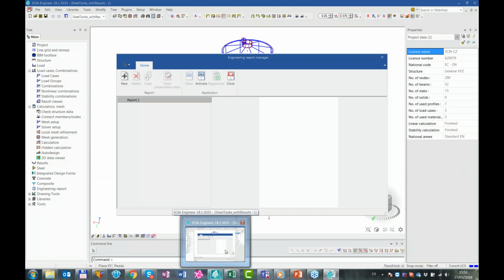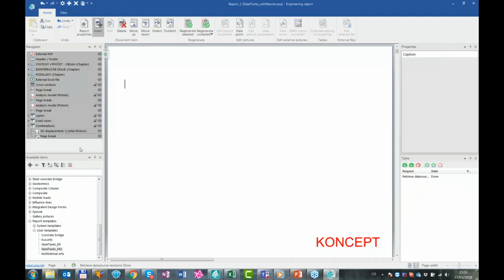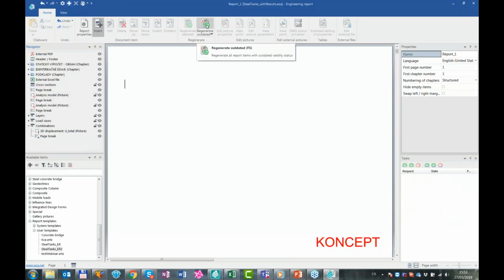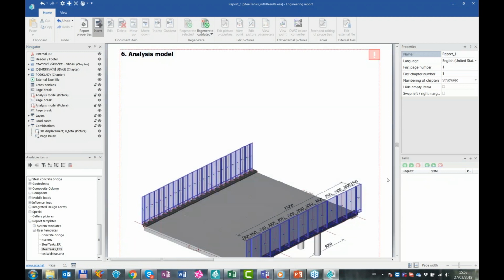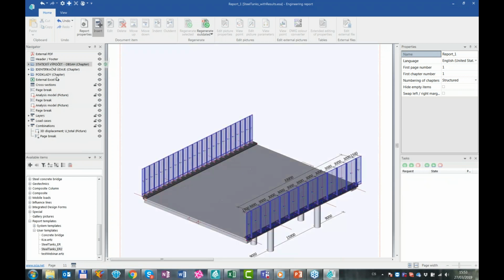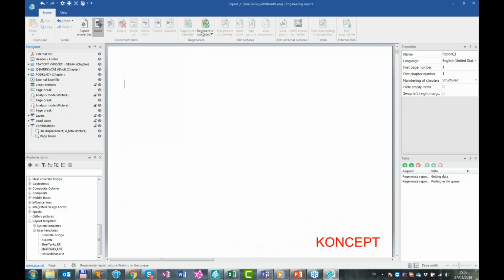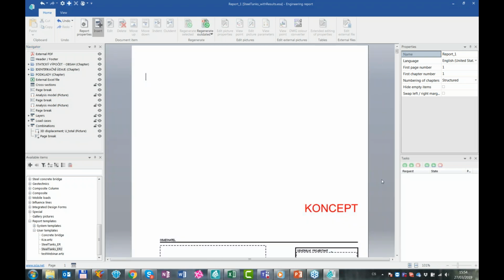this is the last progress bar running in the SCIA Engineer, and now I have everything refreshed. You can see here that some pictures that are here became unrefreshed, and you can see an entirely different structure that served as preparation for this template. Just by regenerate outdated, I can regenerate these pictures, and if I have my structure created in a very similar way, I use layers, I use load cases, stuff like that consistently in my projects, then I can use these templates